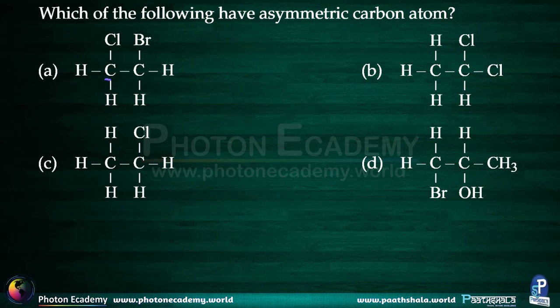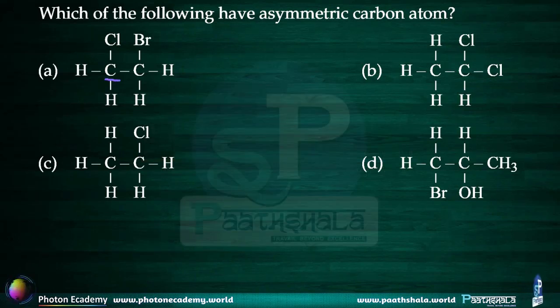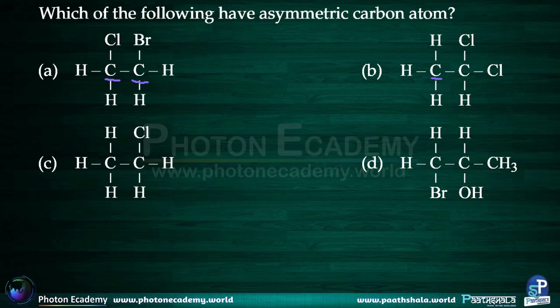To this carbon atom, there are two hydrogen atoms attached, hence it is not asymmetric. To this carbon atom, there are two hydrogen atoms attached. This is also not a chiral carbon. When we look at option B and when we look at this carbon atom, this is not an asymmetric carbon atom. As three hydrogen atoms are attached here, this carbon atom is not an asymmetric carbon atom